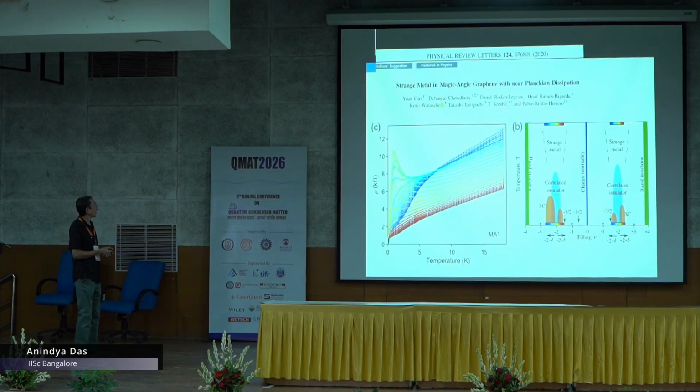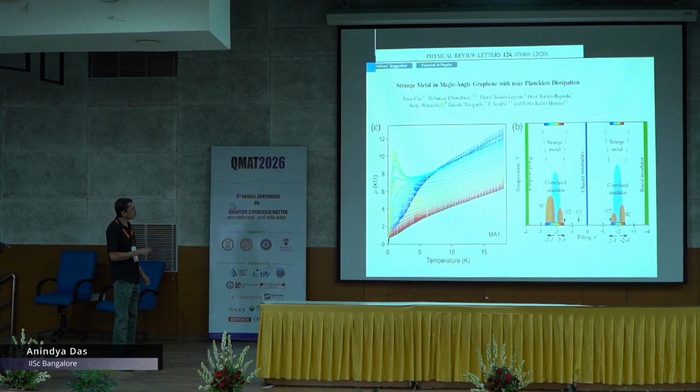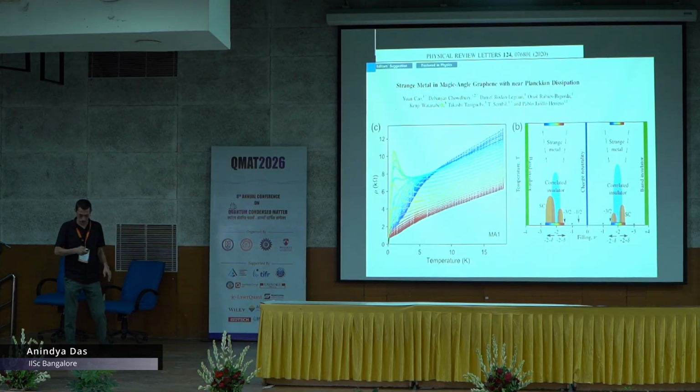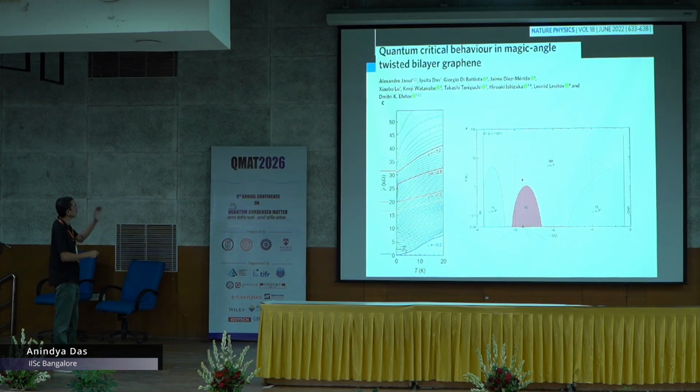And they could show that in fact this linear resistance survives in a much lower temperature range, and in extracting tau, this Planckian dissipation rate, it turns out that they can be explained by the strange metallic phase. And I think the most promising data is from this group, from Dima's group, which could show this linearity even up to 40 millikelvin, and this experiment was designed very nicely, because you remember in the phase diagram in this magic